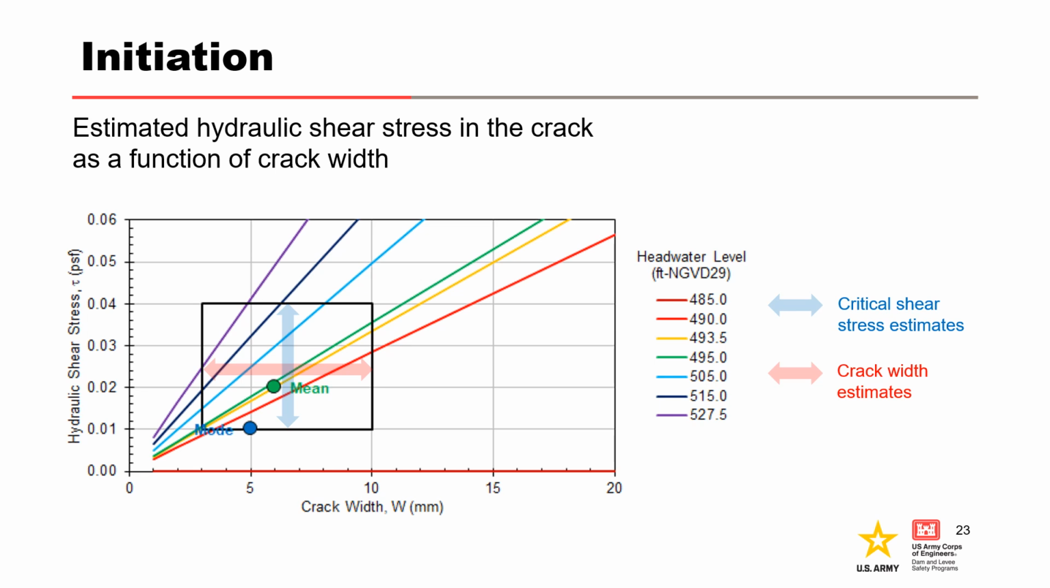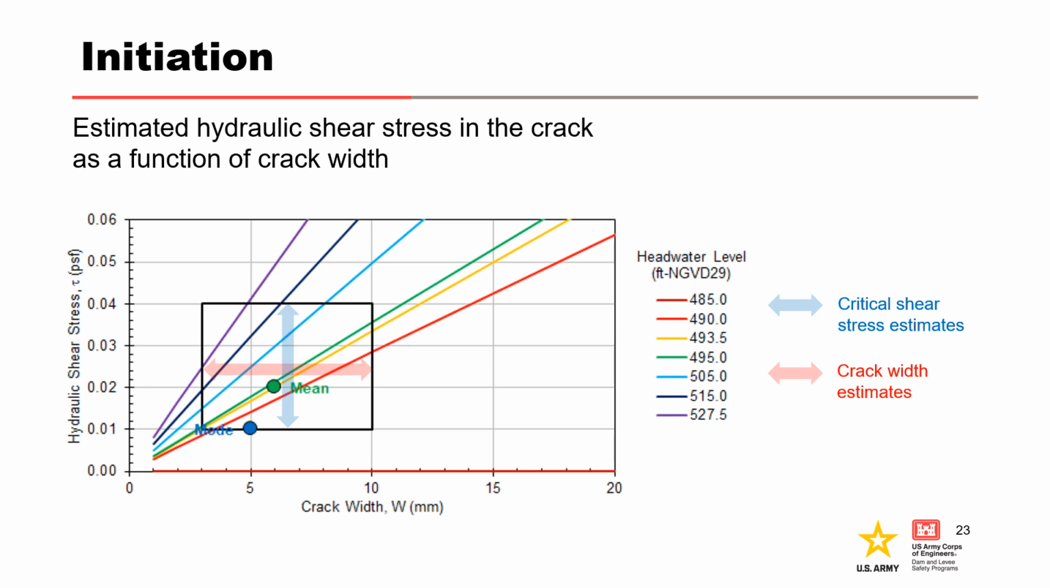For example, the hydraulic shear stress imposed by reservoir elevation 493.5, the purple line, exceeds the mean critical shear strength and mean crack width, the green dot. The hydraulic shear stress at elevation 492 is about equal, and the hydraulic shear stress at elevation 490.5 does not exceed it. Therefore, based on the mean values, initiation of erosion is not predicted at elevation 490.5, but it is